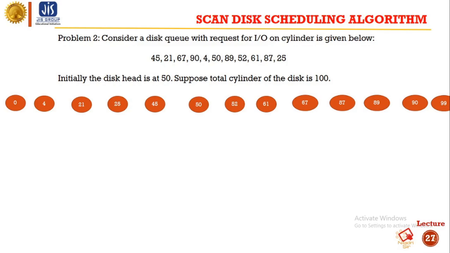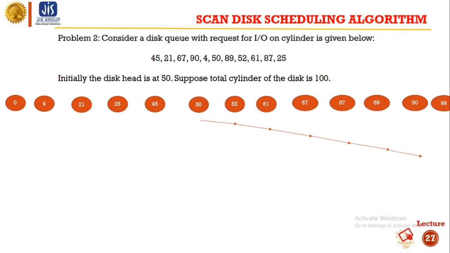So we will start from 50 and move to 52. Next from 52 we will move to 61. From 61 to 67. From 67 to 87. From 87 to 89. From 89 to 90.